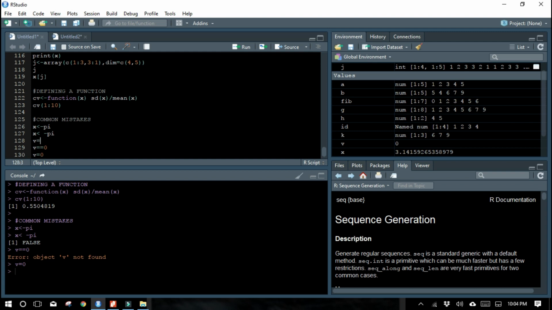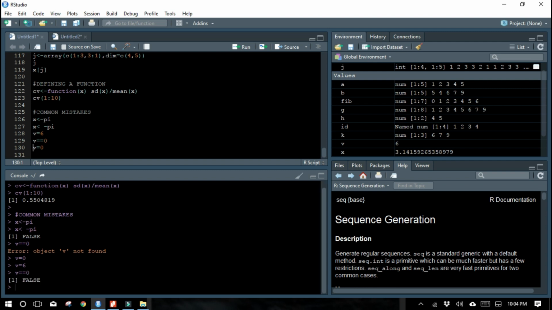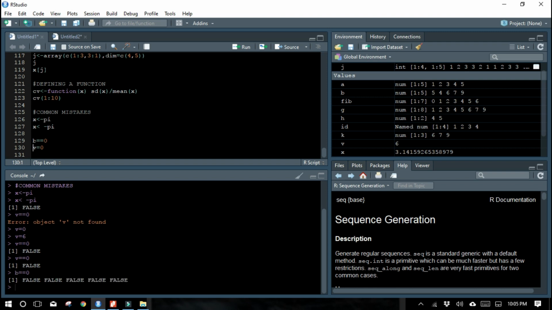If I give v is equal to 6 and then run this code, the value will be false, because I have defined v as 6 and am comparing whether the value of v is 0. Without defining v, if I run this code with some other alphabet, say L, we get object L not found. This is the common mistake we make.